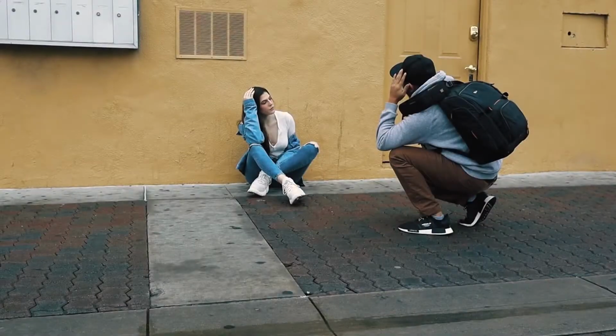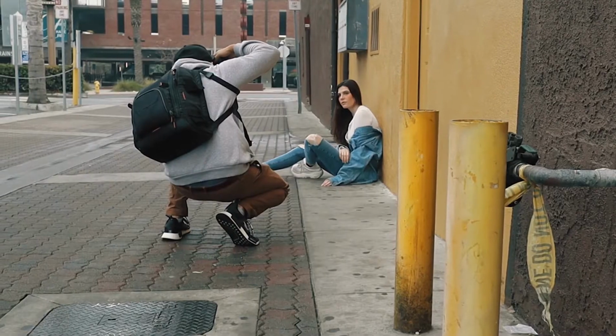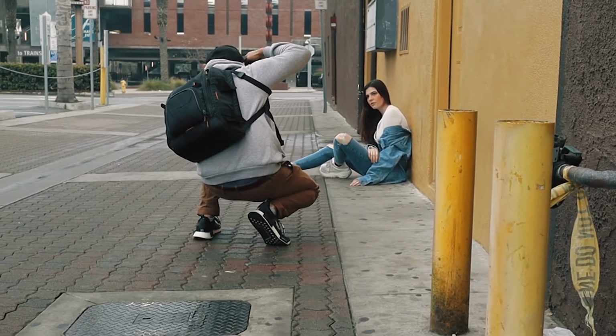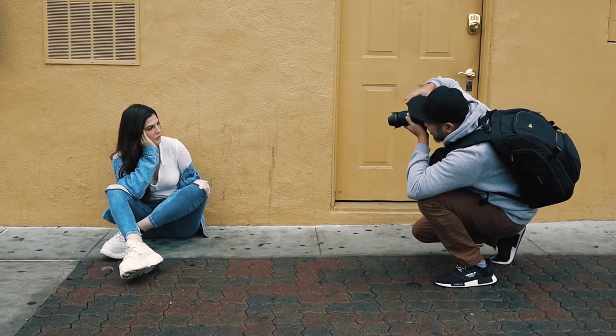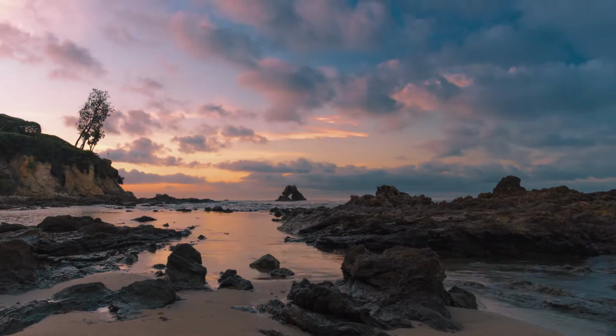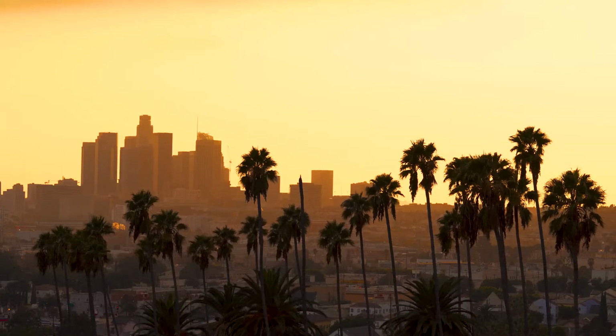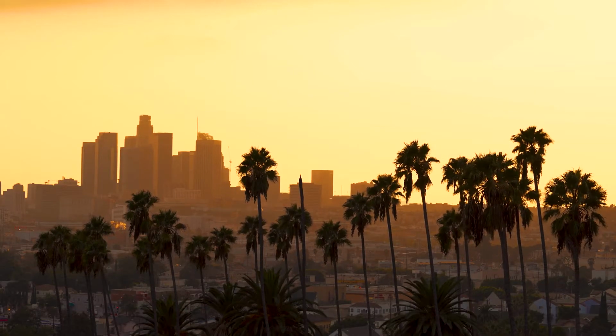Whether it is outdoors or indoors, at the beach or inside the studios, the location will play a critical part in the results of your portrait sessions. I spend a lot of time scouting locations when I'm planning my photo shoots. If it's outdoors, I'm very strict with the time of the day I'm shooting. I make sure that it is either very early in the morning or during sunset to get the best light